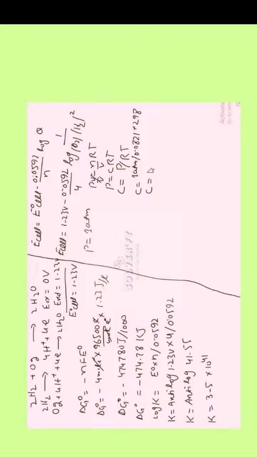So the concentration of both the gases is equal to 1.022. Putting the values for the hydrogen and oxygen in the above equation, we get that the non-standard cell potential E cell is equal to 1.23 volt minus 0.0148 and log